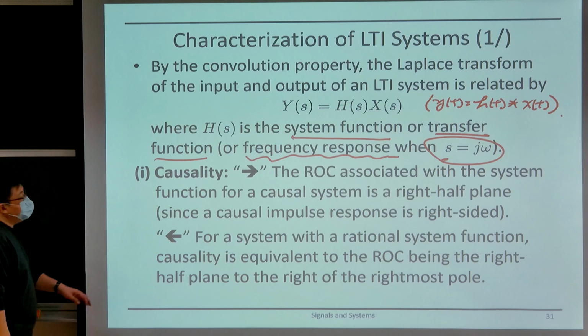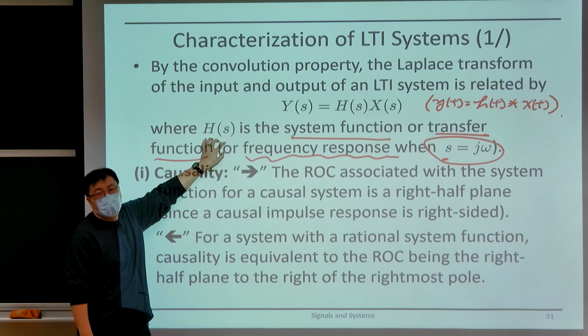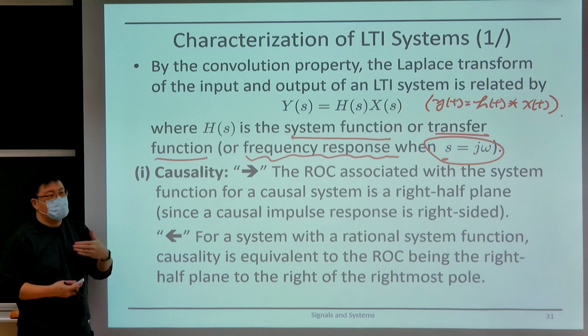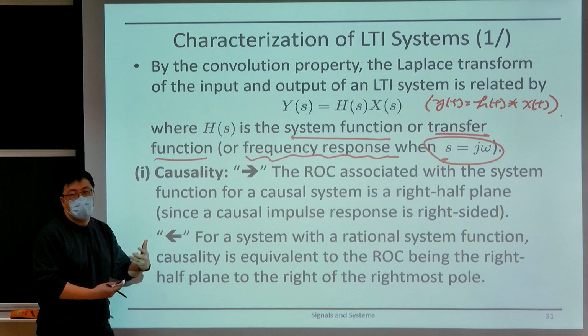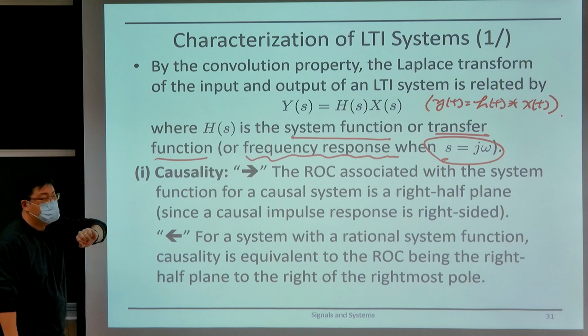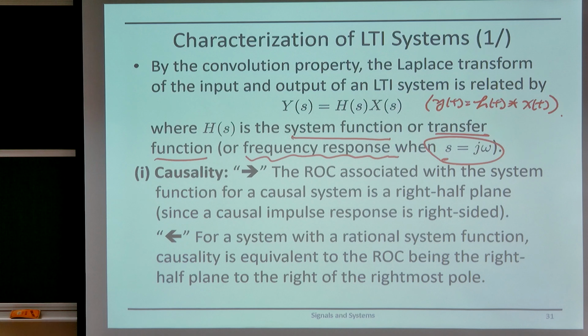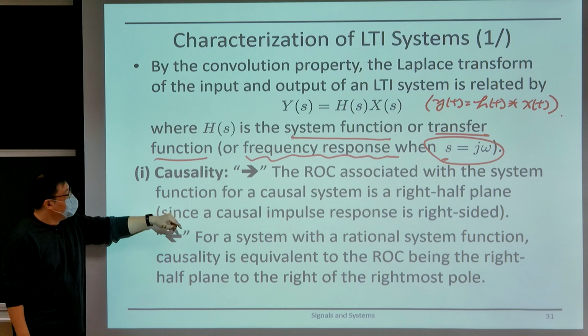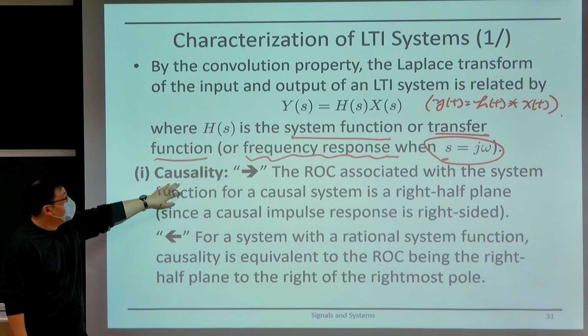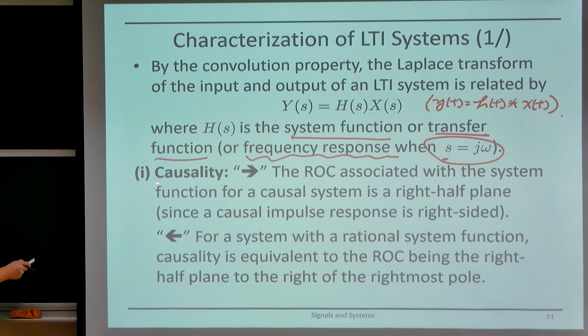Now, given this system function, we should be able to infer several properties of the system or several properties of the impulse response based on properties of this system function. Okay, so we did that also for Fourier transforms as well. Okay, but let's see how this can be different for Laplace transform. Right, mostly the same. Okay, but some involves properties of the region of convergence. Right. So we start by looking at causality. So if you think about it, what does it mean for a system to be causal?